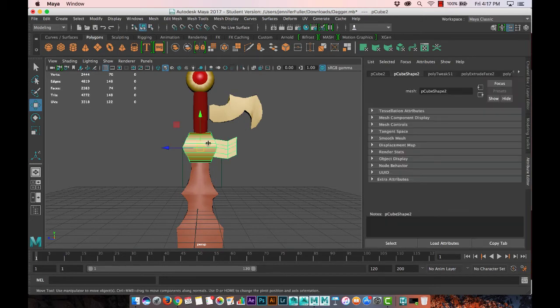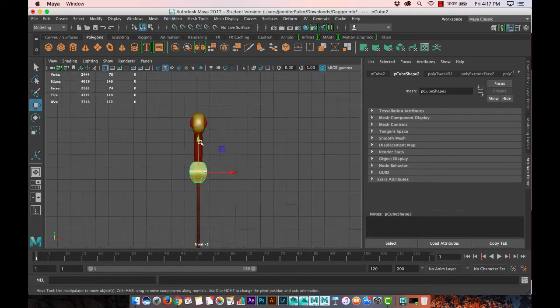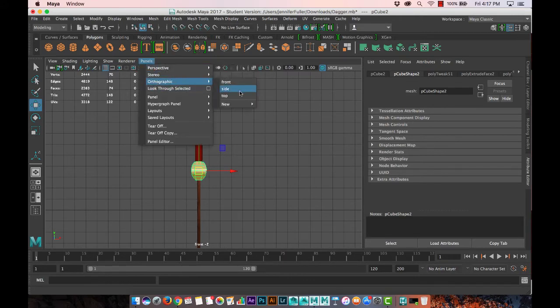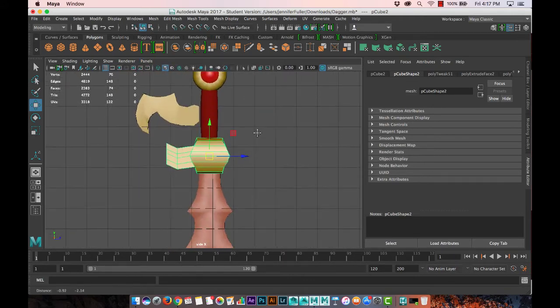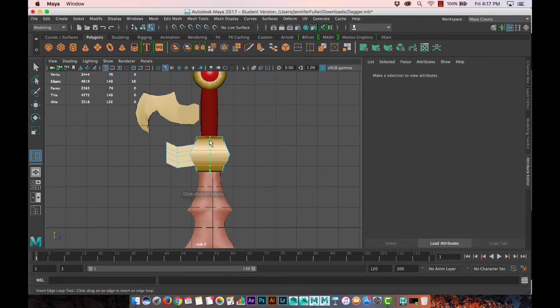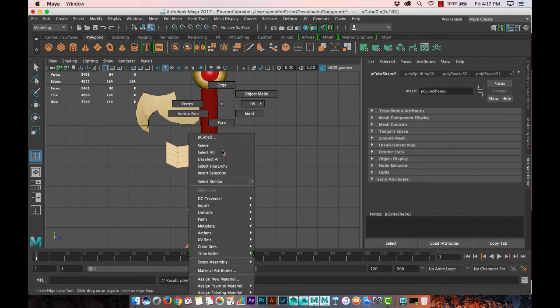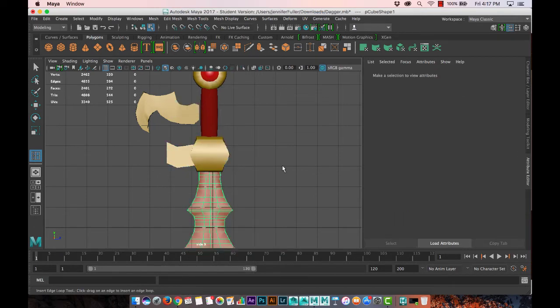Then what I can do is on the center here, I want to look at a front view, and I can insert, oh, I guess we want a side view. There we go. I can insert an edge loop. And what I'm going to do is insert at the very center, and then I'm going to delete the half that I want to have duplicated. So I'm going to go into face mode. I'm going to delete,